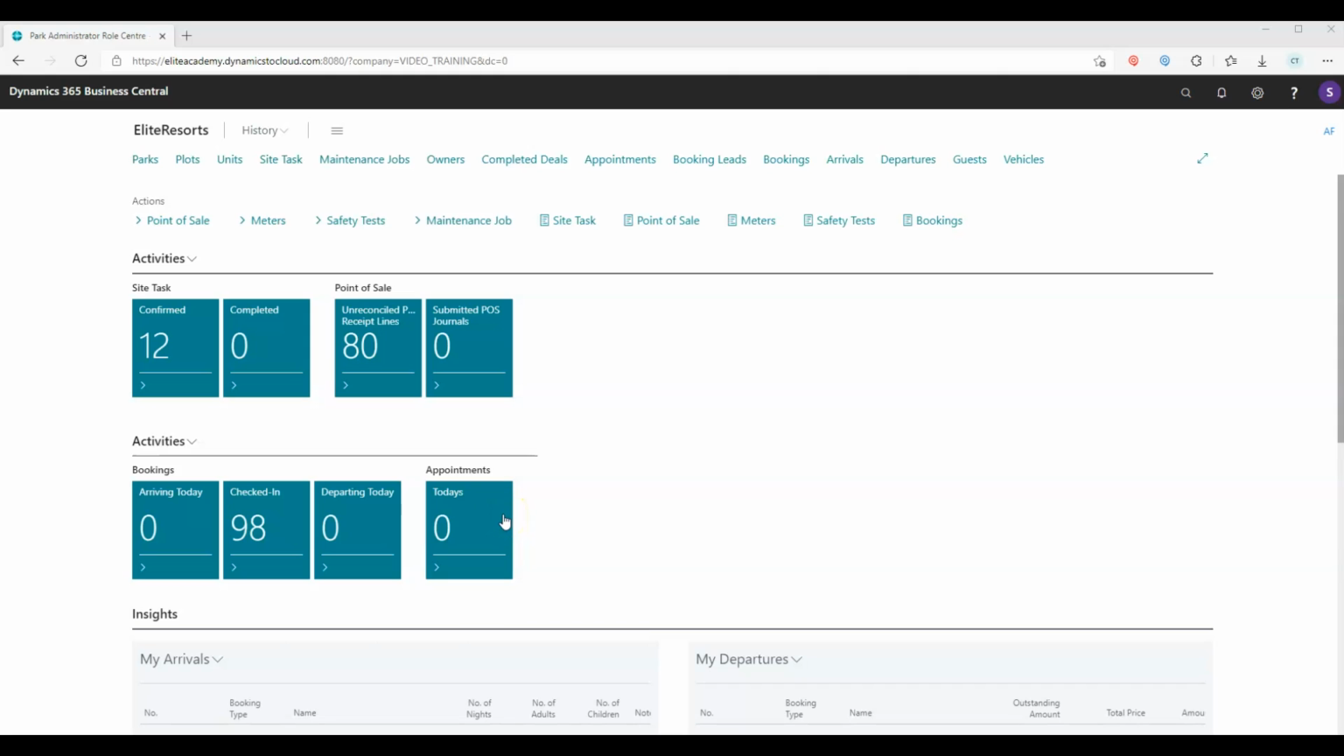Hello and welcome to this Elite Dynamics webinar, where we're going to take a short dive through the setup and usage of utility meters facilities within EliteParks. So the first thing we're going to look at are the aspects of setup needed to get the facility working at its best. So the first thing we set up